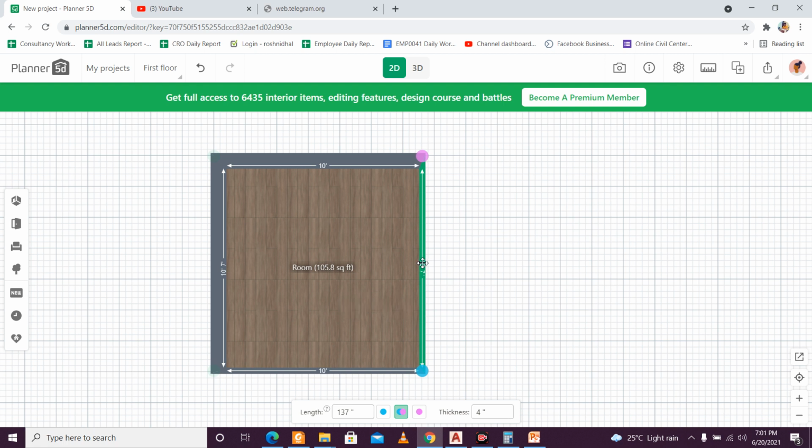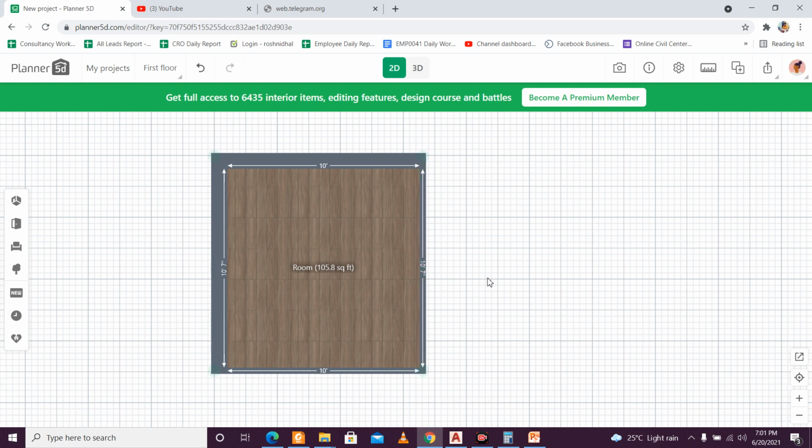You can insert the value also, as you can see. You can insert the value from here also, or from here, like we are doing currently. And you can toggle between the 3D and the 2D view very easily. So it is 10 feet by 11 feet 7 inches.